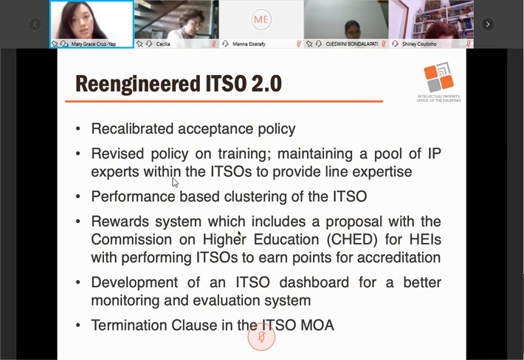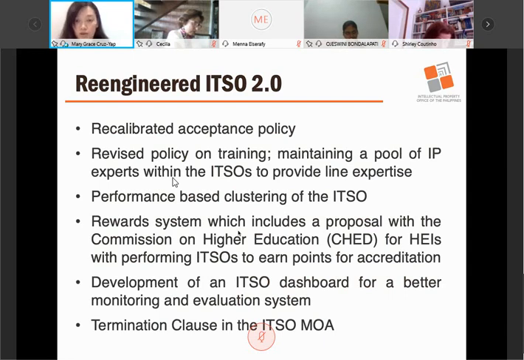We've recalibrated our acceptance policy, whereas it used to be a come one, come all type of membership. Right now, there is a vetting process, a tighter vetting process. The technology potential is the biggest factor, but we would also require now something concrete to address the issues that we've discussed earlier. So a commitment from the topmost executive, in the case of universities, from the university president, that they will support the programs of the Innovation Technology Support Office.